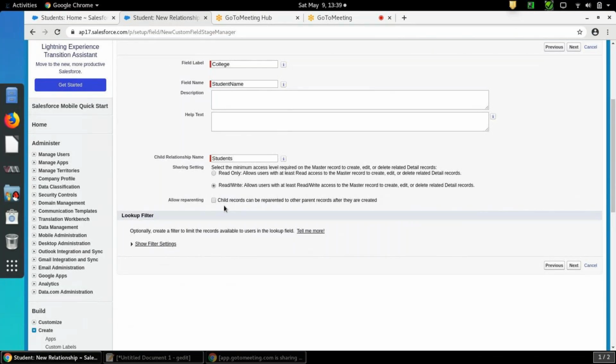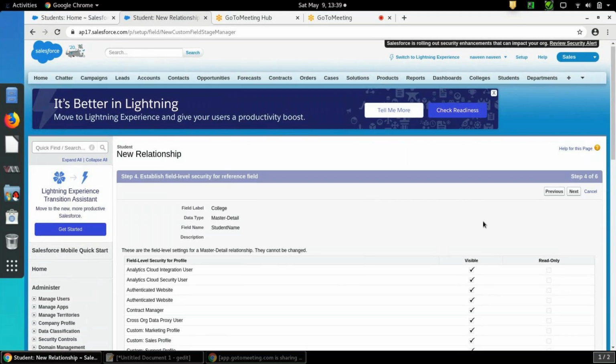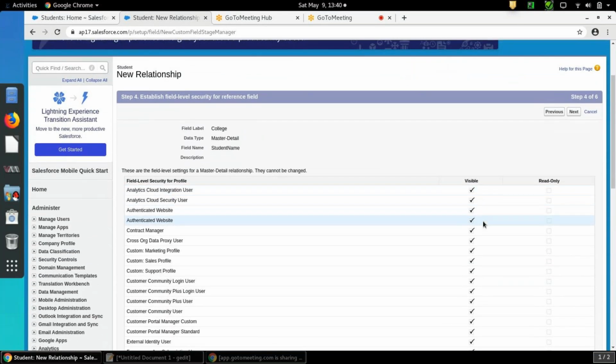Here, if you see, child records can be reparented to other parent records even after they are created. So just select it, click on next, and this is whether it is visible to all the profiles or not.